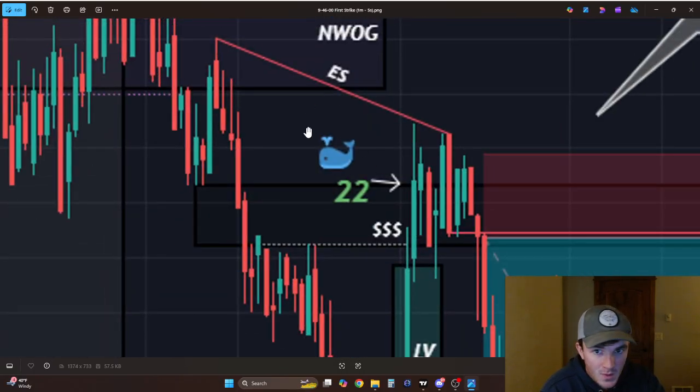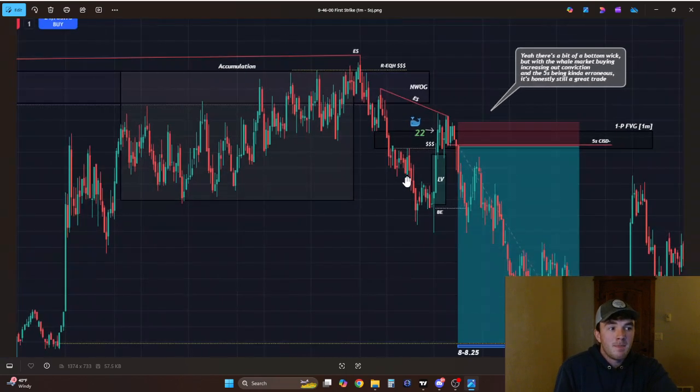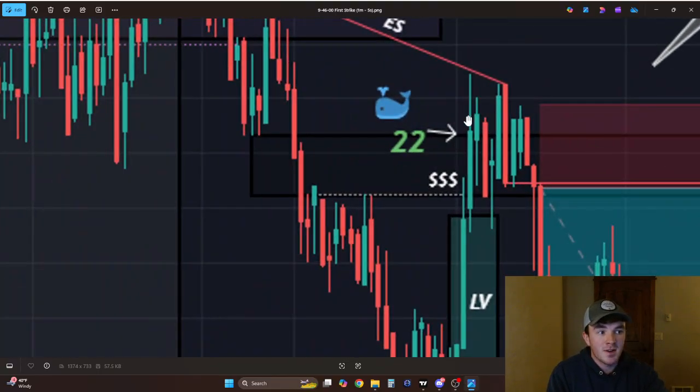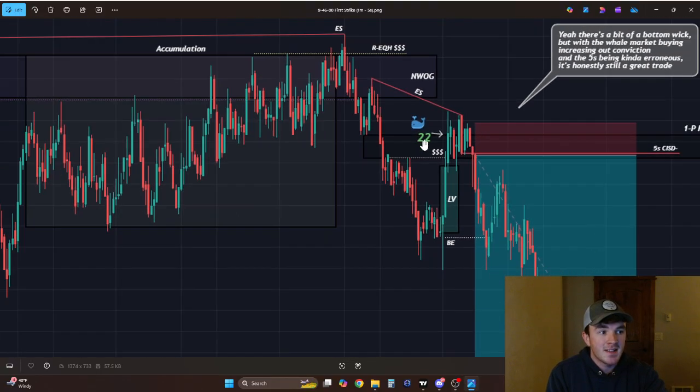Also, we had dumb money, a dumb whale buy in, market buy 22 cons. So you want to see big whales market buying at bad times, because what's that going to do? It's going to tell you that institutions are going to go after the biggest dumb money. Not just any dumb money. They want the biggest dumb money. So you're looking for the biggest whales to market buy at the worst times, and then that's going to tell you,